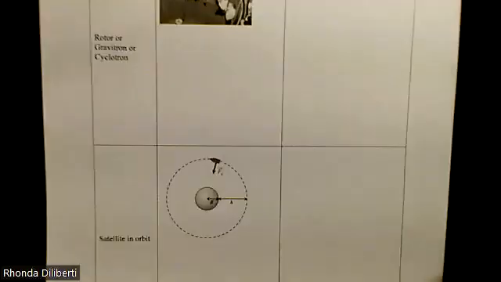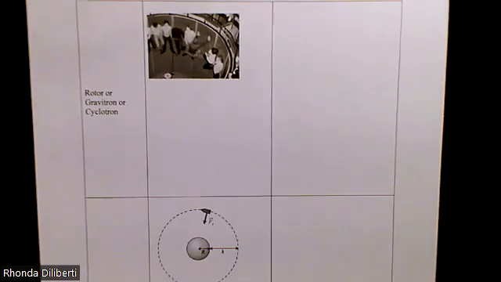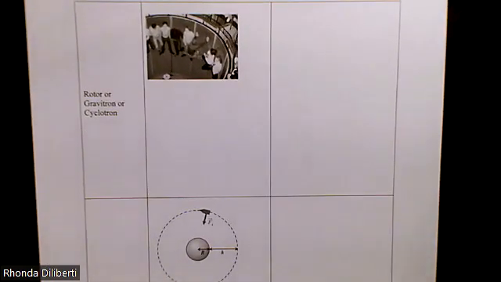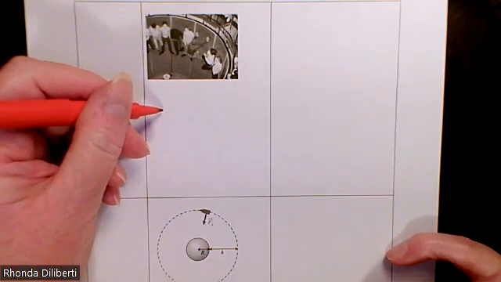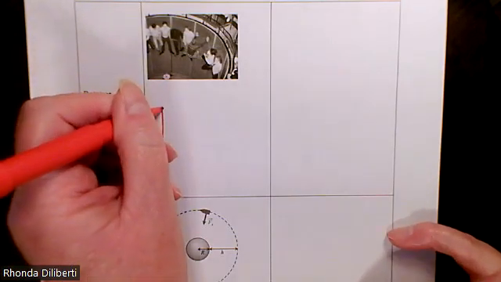All right, let's look at another fun example. This one is an amusement park ride. This amusement park ride is sometimes called the rotor. Sometimes it's called the gravitron. But basically, it's a big cylinder